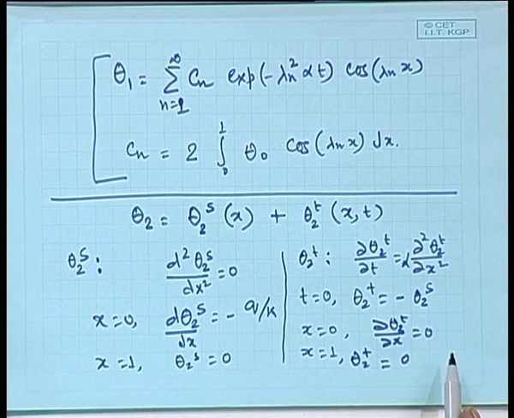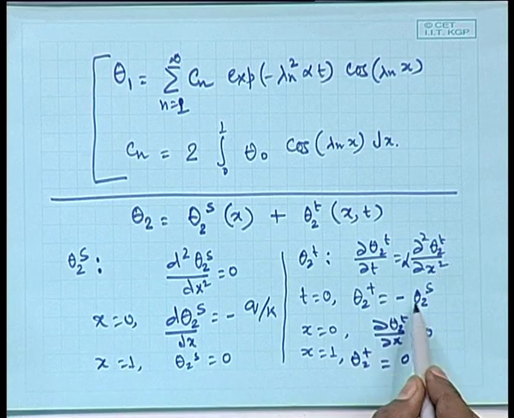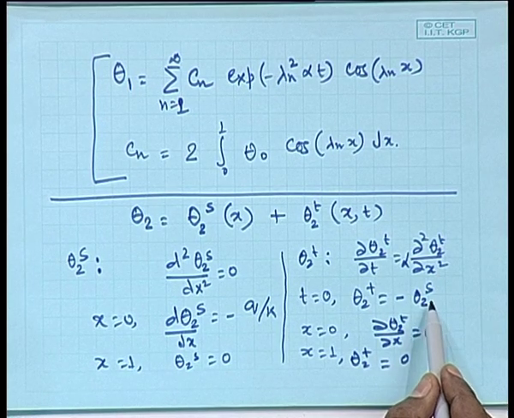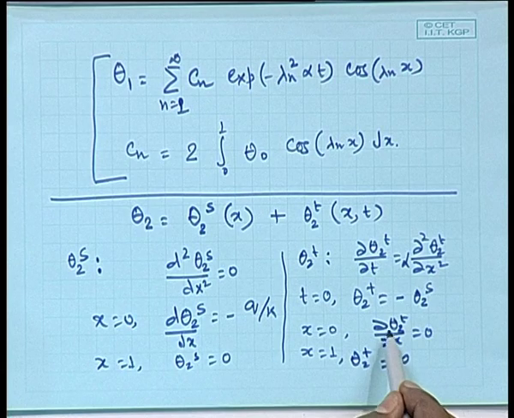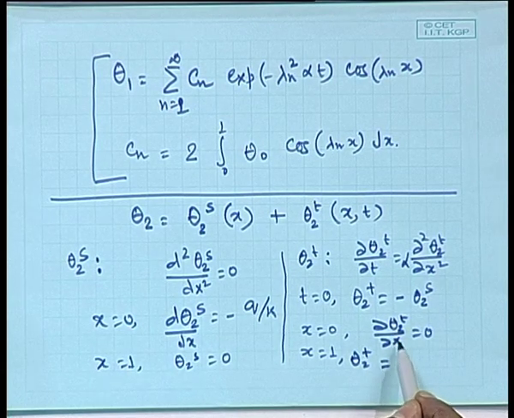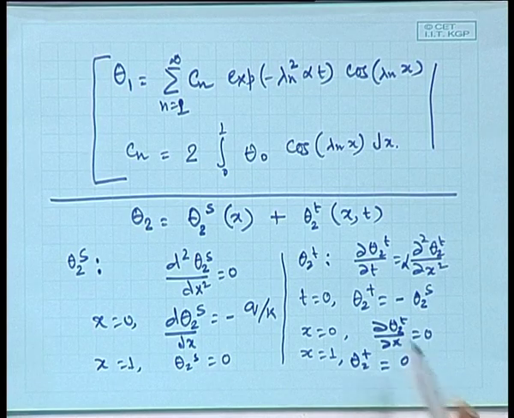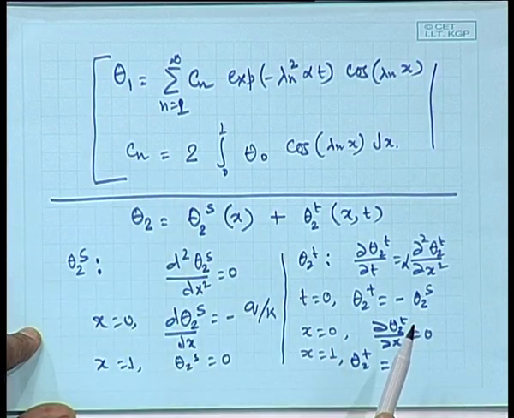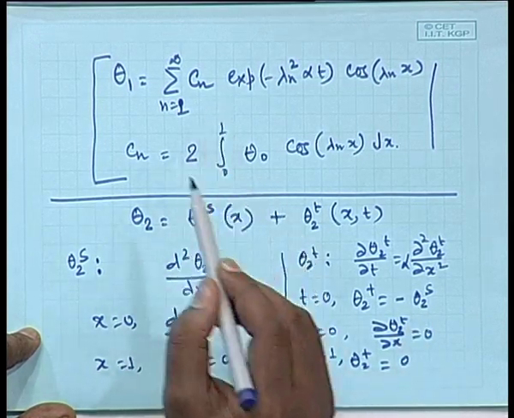Okay. Now, this problem we have already solved. This has a non-zero initial condition which is a function of x alone, and these two are the homogeneous boundary conditions. Since a gradient boundary condition is present at x equal to 0, cosine of 2n minus 1 pi by 2 x will be the eigenfunctions, and 2n minus 1 pi by 2 will be the eigenvalues, and we have already written down the solution here. Only the C n will be different here, because your initial condition is now different compared to this problem.